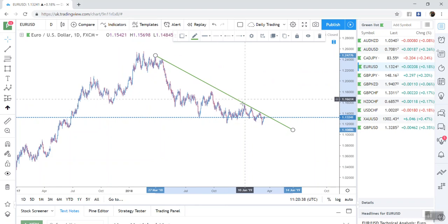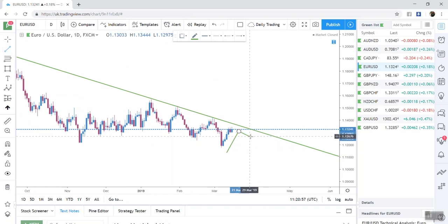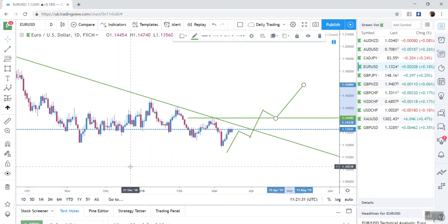We've got 1, 2, 3, 4 data points. Price is pushing up. Slight flag. We could get a push up, which breaks this high. Retest as newfound support and take off, or